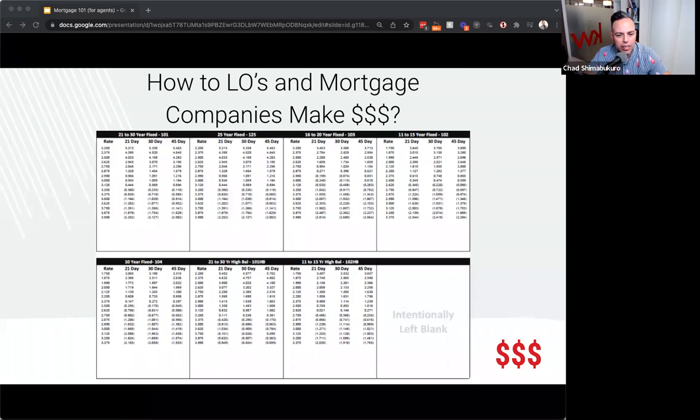But in addition to that, if you're working with a lender that's locking it in too short a period of time, I literally have had this happen before where we're in a 30-day escrow and the lender is trying to lock it for 21 days. And I'm like, what are you doing? You're literally setting us up to fail. How can we close in 21 days when we have a 30-day escrow? So it's important to know how long the loan officer and lender is locking it for.